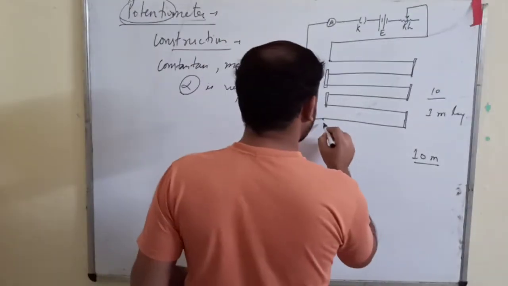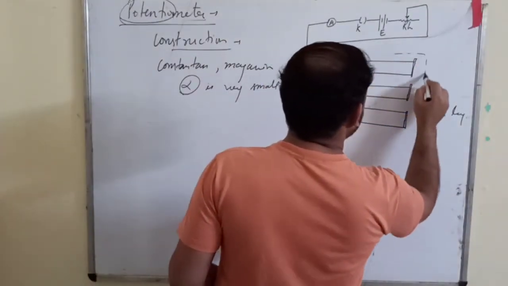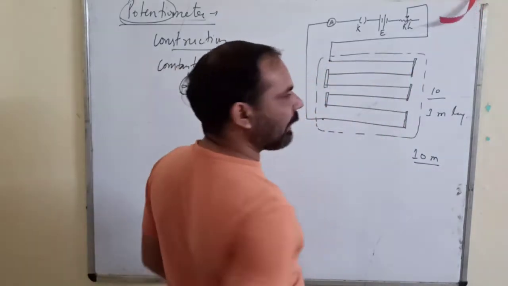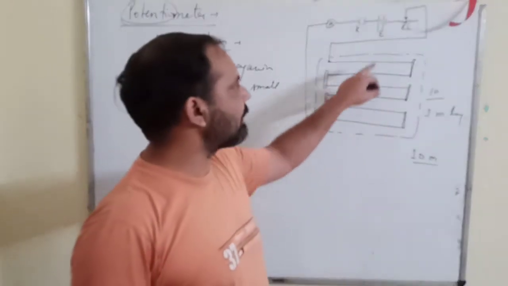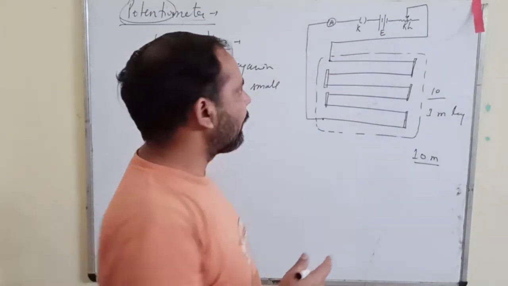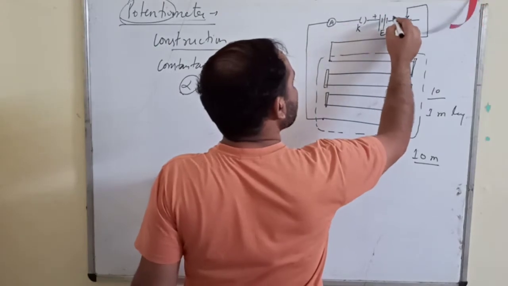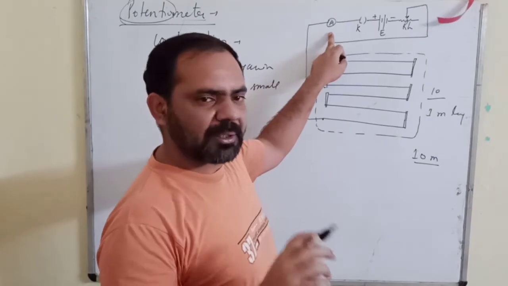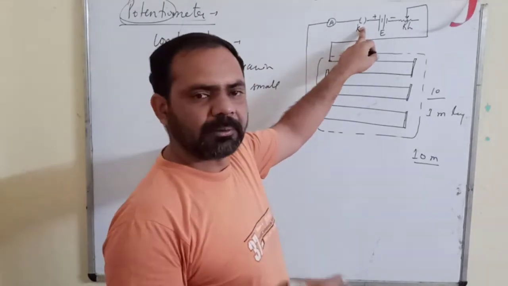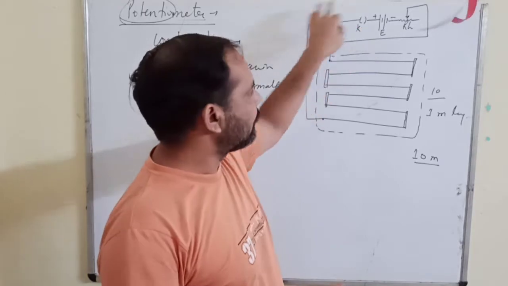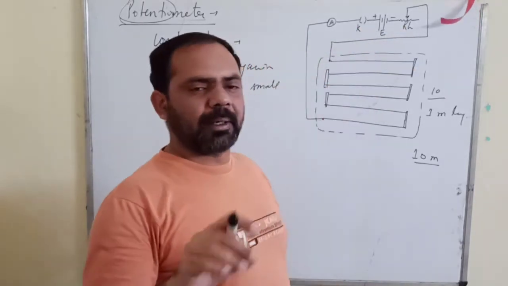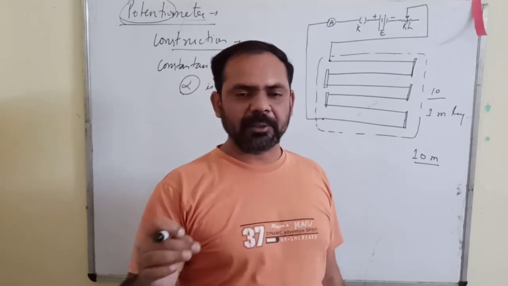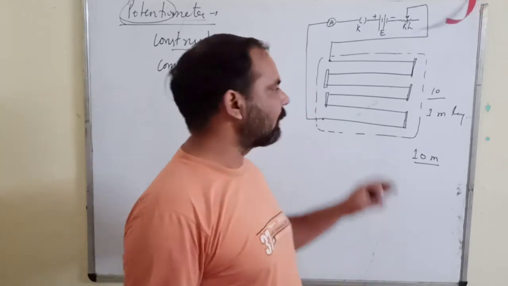This is your potentiometer, the board of the potentiometer. The current which will flow through the wire of the potentiometer is from the driver battery, right? Now this end is positive, this end is negative. You must know the use of the ammeter: it is to measure the current. The key is to switch the circuit on or off. The rheostat is used to control the amount of current flowing through the circuit, so with its help you can change the magnitude of the current.